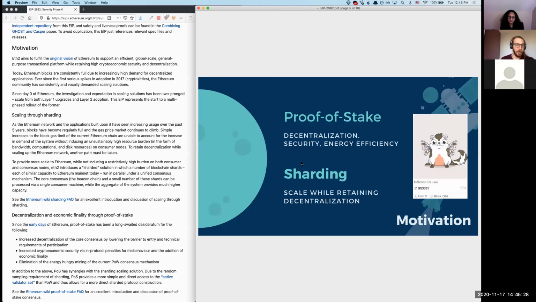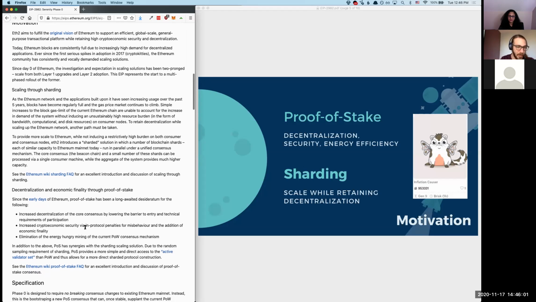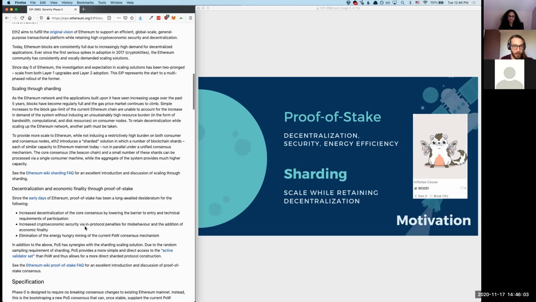Essentially, you can scale up a block, as mentioned in the EIP, just by making blocks bigger, just by making it really hard to run a full node. And that, I think, in our core tenets, sacrifices decentralization. So we want consumer machines to be able to validate the protocol. And thus, we do this thing called sharding, where we break up validation of the protocol into smaller chunks such that anyone can validate the protocol and have guarantees about other portions that they're maybe not necessarily validating. So anyway, motivation, essentially we want scalable Ethereum.